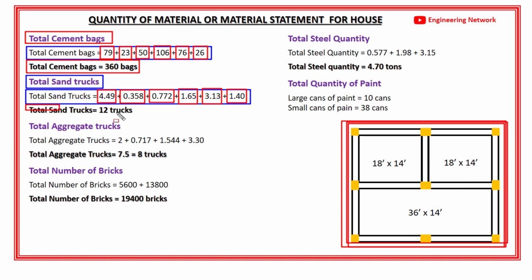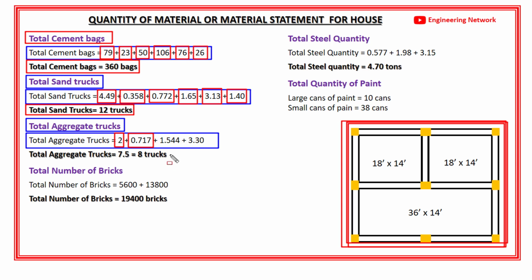sand trucks, right? Next is the total number of coarse aggregate trucks. So the total number of coarse aggregate trucks is equal to number of coarse aggregate trucks used in PCC and DPC, which is 2 trucks, plus number of coarse aggregate used in columns, which is 0.717 trucks, plus number of